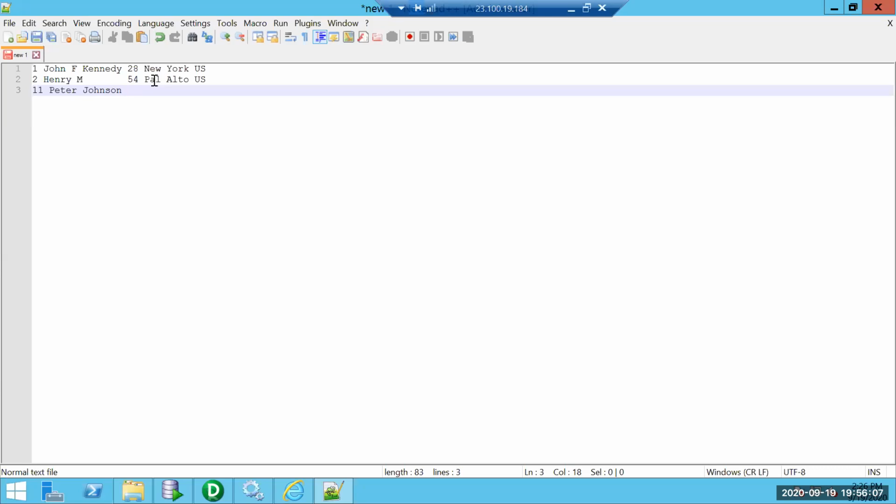So again, his age is around... Let's suppose he is from Detroit. If we see the city names, at least in this case, it is somewhere around 9 characters. We have 3, 4, 5, 6, 7, 8, 9. But in case of Detroit, it is only 7. So I need to leave two spaces, one space, two spaces. Then I'll give the country name, US. So it goes on like this. The list goes on like this.